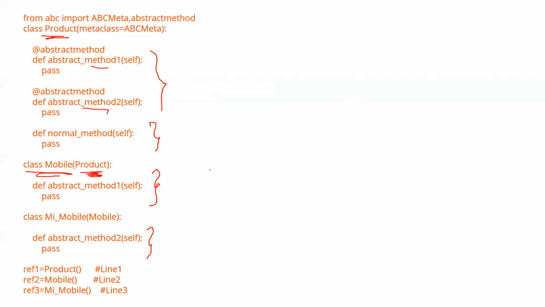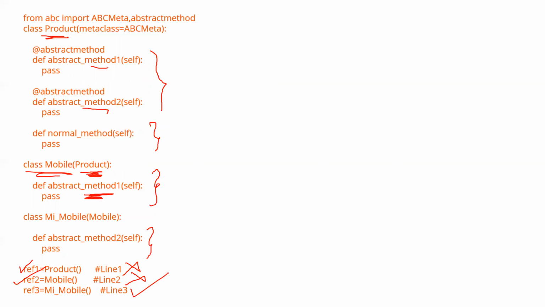Observe, abstract classes cannot be instantiated, which means we can't create objects for abstract classes. Reference 1 equal to Product gives an error because this is an abstract class, right? Reference 2 equal to Mobile is also an error because it is providing the body for only one method. All the abstract methods were not covered in this scenario.